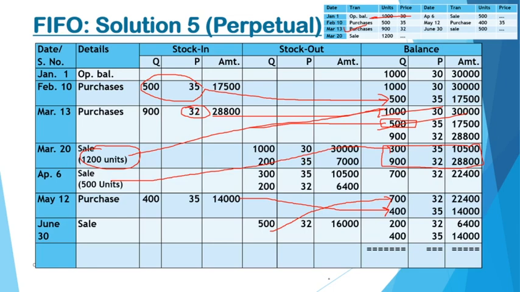So at the end of this stock ledger, you can highlight this and write alongside closing stock. Okay, now we can total up the columns. The total of the purchases, stock-ins, will give you the total of purchases and you can verify the totals with your purchase account. That is why we say that this method will help us in management of the stocks.